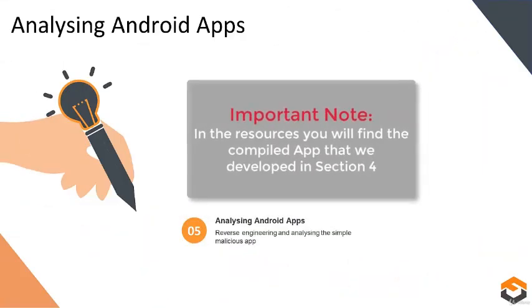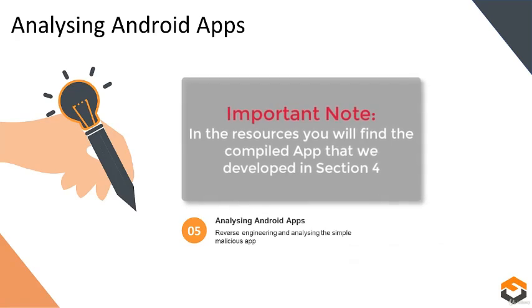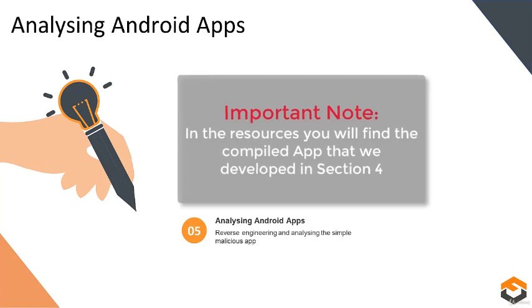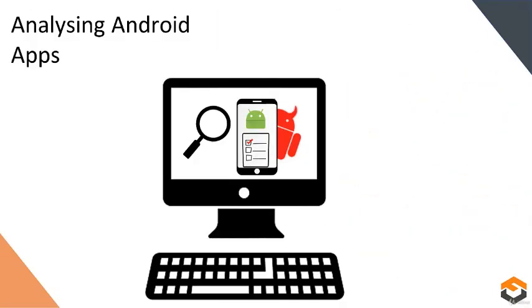After developing a basic app, which was in fact a malicious app, we will now change our hat and go through the analysis of the malicious app through the eyes of a reverse engineer. Here we will use the tools that we installed during the lab setup section to analyze the malicious app. Using the tools we installed earlier, we will conduct static analysis, dynamic analysis, and automated analysis of our sample.